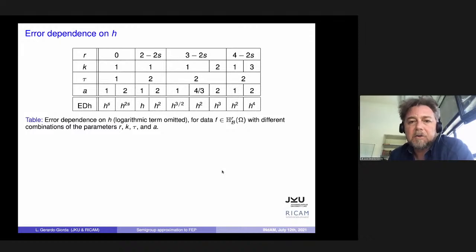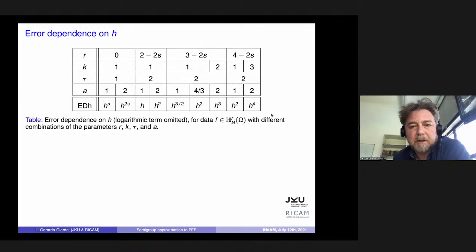According to those combinations, you get different types of error in terms of the global approximation. So this is what is summarizing the situation. You see the worst case scenario, you get an h, or you get an h to the s if you're really in a bad situation. You can get all the way up to h to the 4